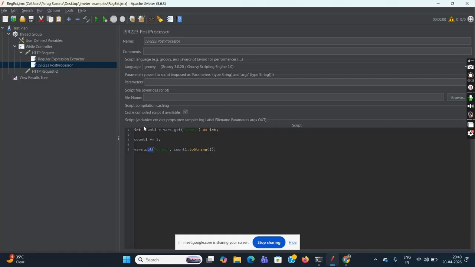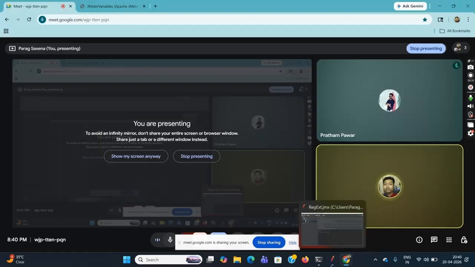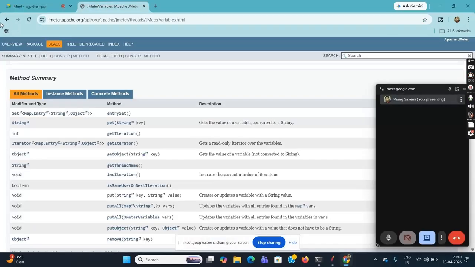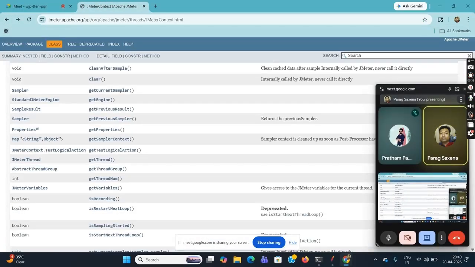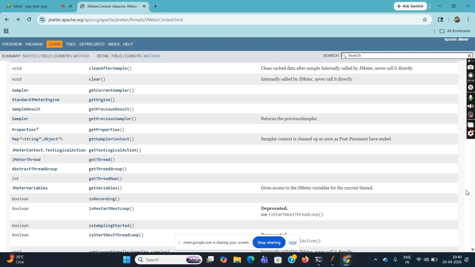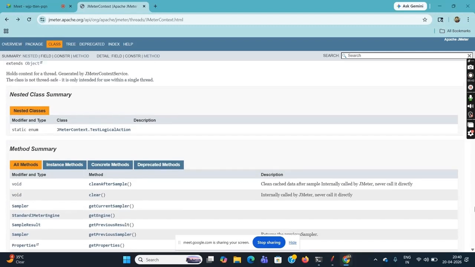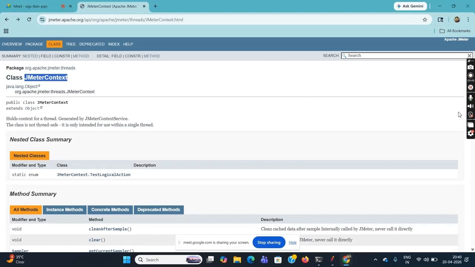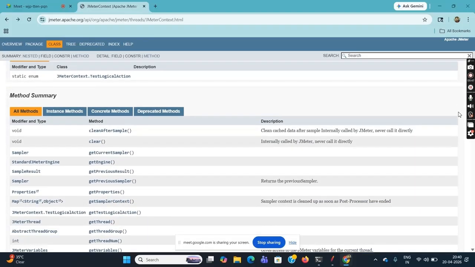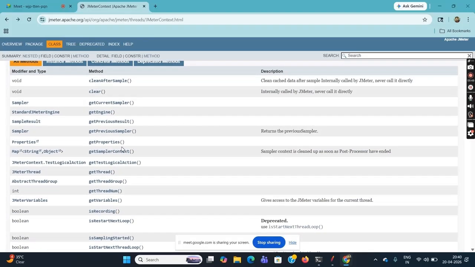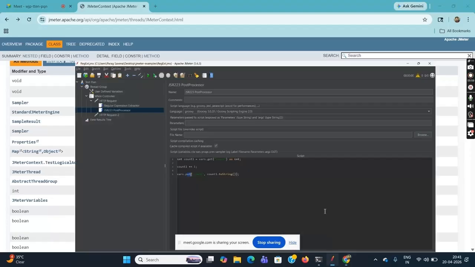These are predefined objects. If I again go to this library, there was a class I just showed you, the context class. And the context class has this method, for example, get current sampler, this one. So if I write over here